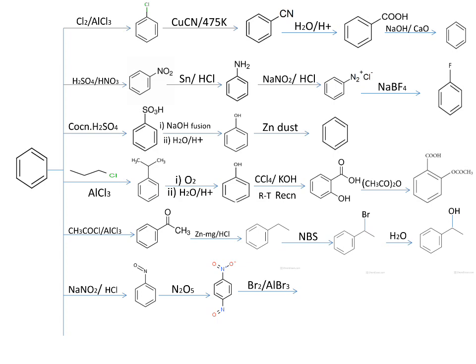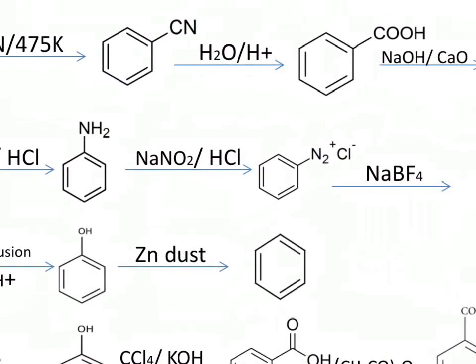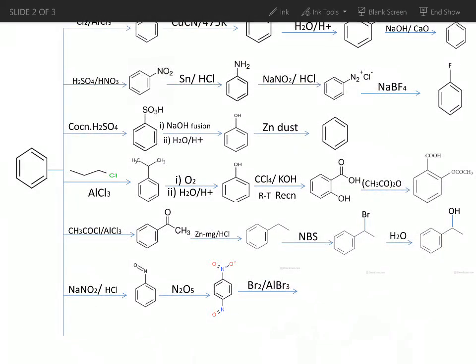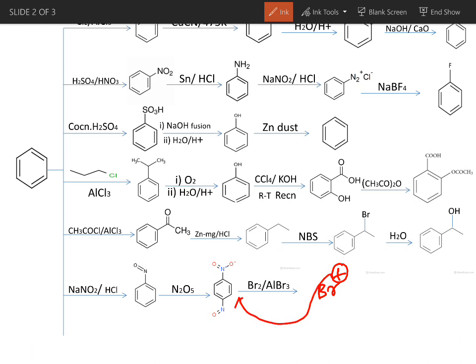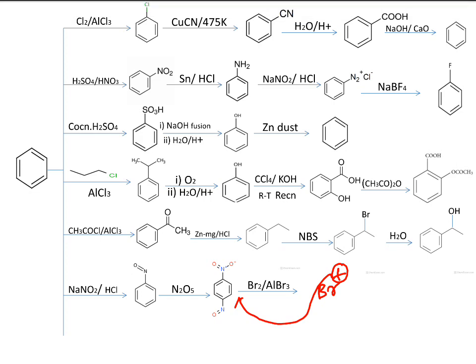Now we know that in this case Br2 in the presence of AlBr3 will form an electrophile, that is Br plus. Now this electrophile will attack the benzene ring. Again the question arises: at which position will Br positive get attached? If you see again,